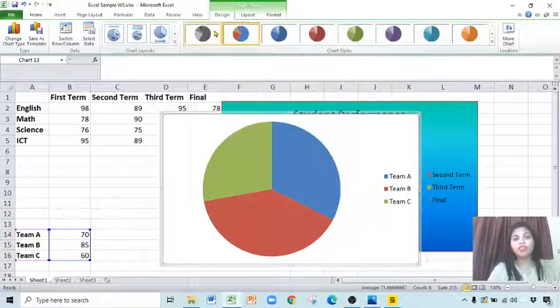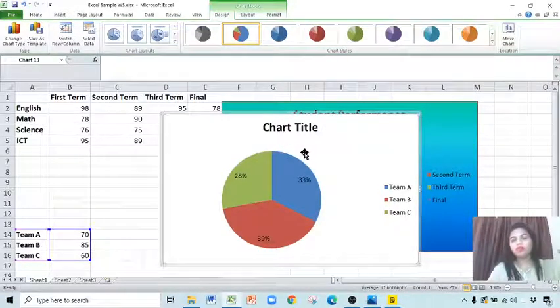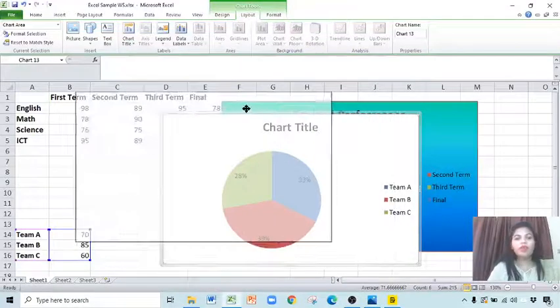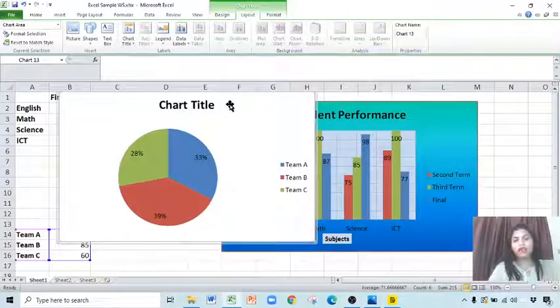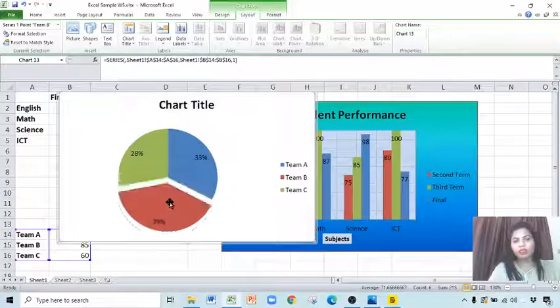Again, you can have different layouts over here. I'm just going for the quick layout. Look here, chart titles, legends, labels. So from the Layout tab, you can add chart title, legends, data labels and other things. But if you want to extract any one, for example, this one is the largest one, just simply select it. Now look here, from the dots you can see this one is selected. Click and drag a little bit. This is separated now. This is extracted from the whole chart.